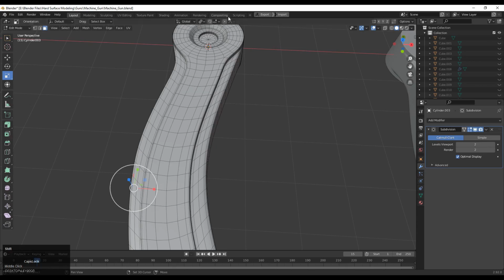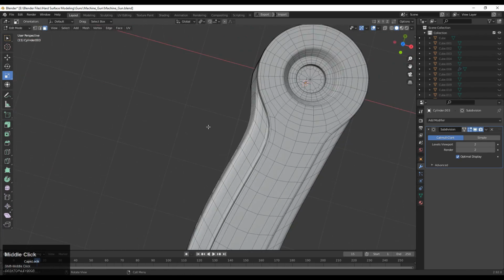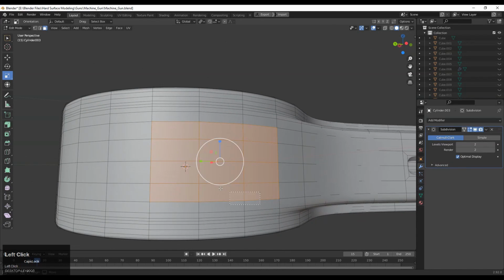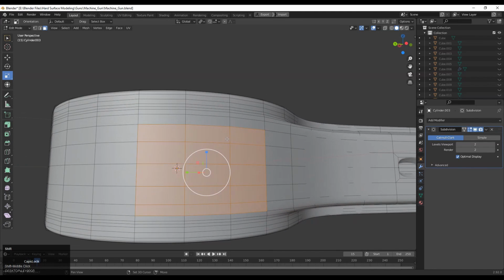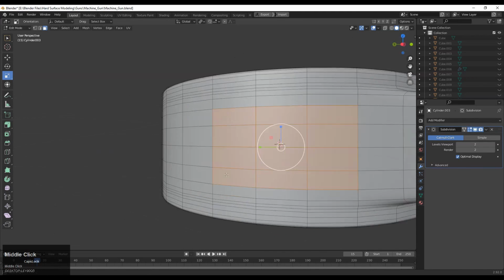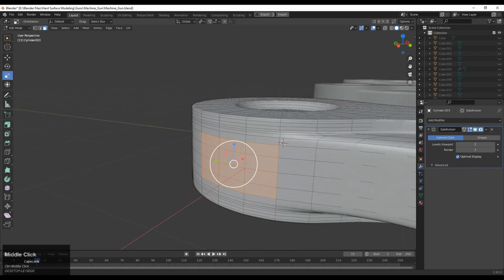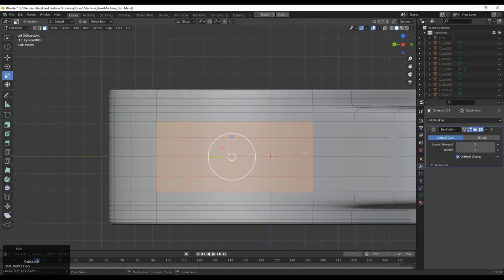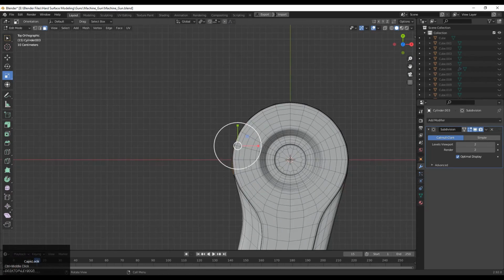And now you can see the mesh looks decent, and we just need to add more details if necessary. Then here is the part which I want to create according to the concept art, and this part is to fix the handle in the gun. So that's why I'm creating this part.